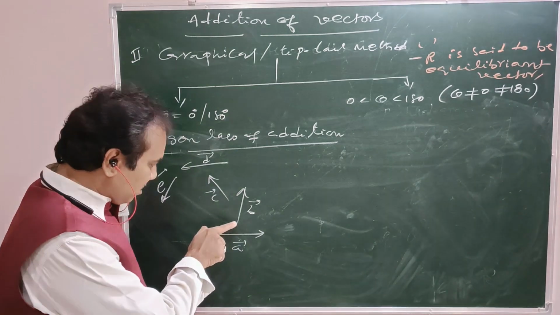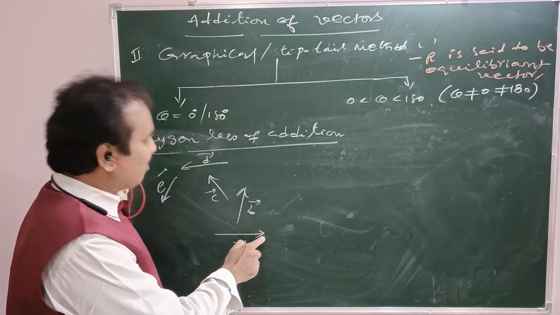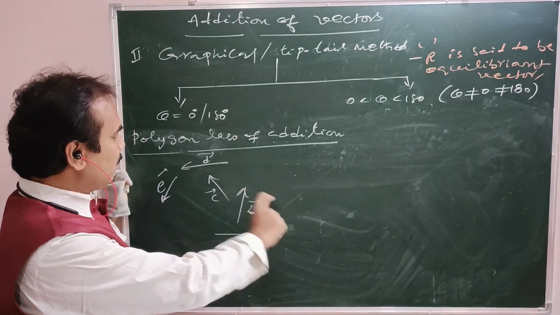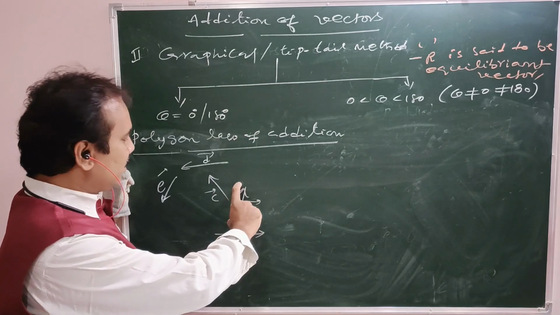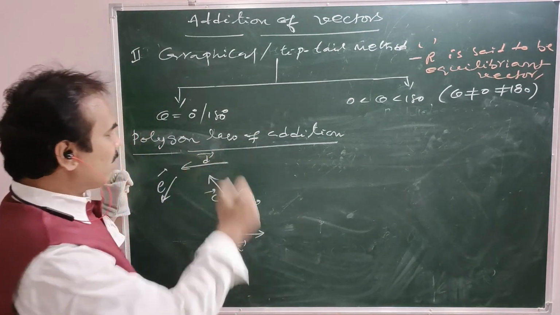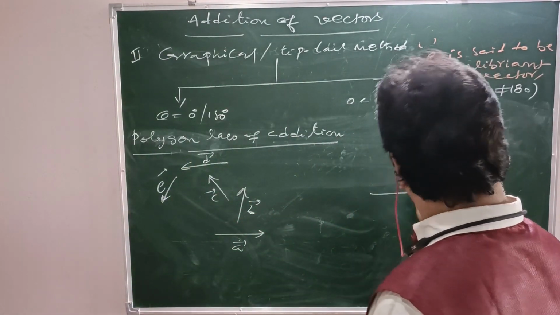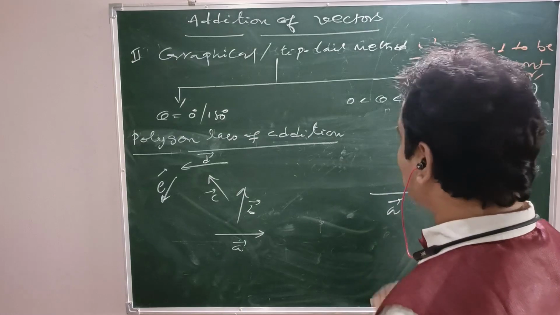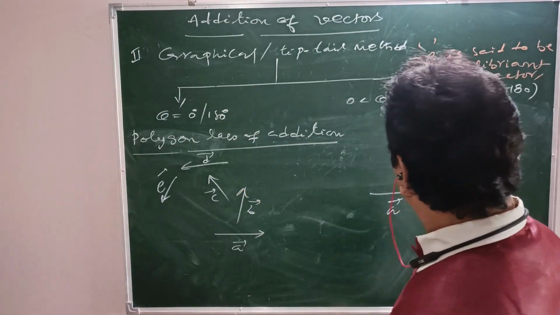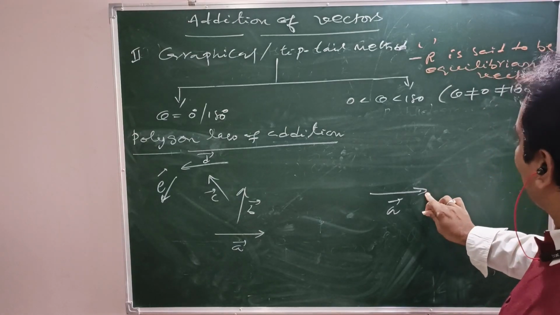See here, now this is the tail of B bar, this is the head of A bar. Now take this vector by shifting property. Take this vector up to here, join its tail to head of A bar, like that. See, this is what A bar as usual. Now take this vector up to here, join somewhere such that its tail meets the head of A bar,